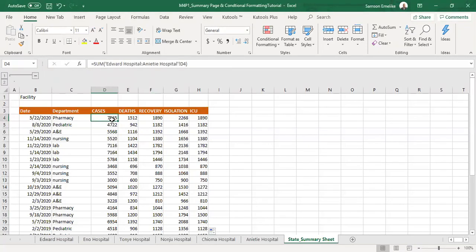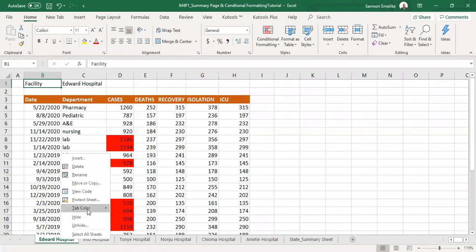We have dealt with some functions. And then I am simply clicking and making reference. I click, and then I hold down my shift to select all the sheets that I want to include in my summary. Assuming that I wanted to get some hospitals, for instance,